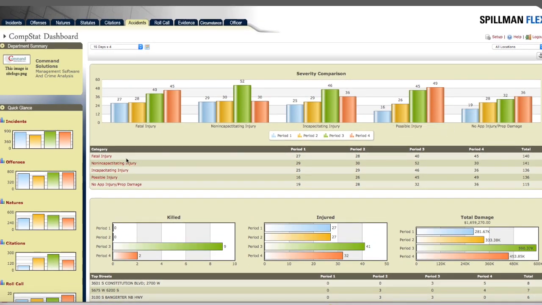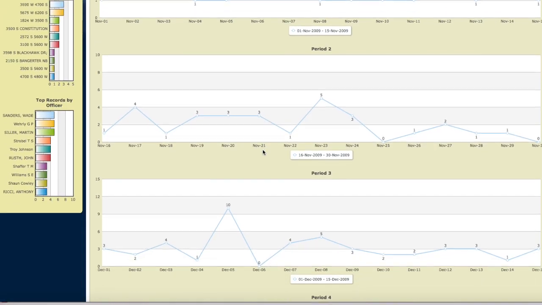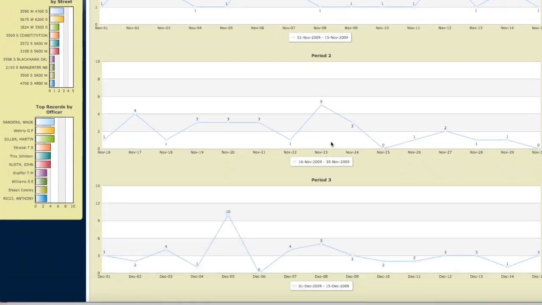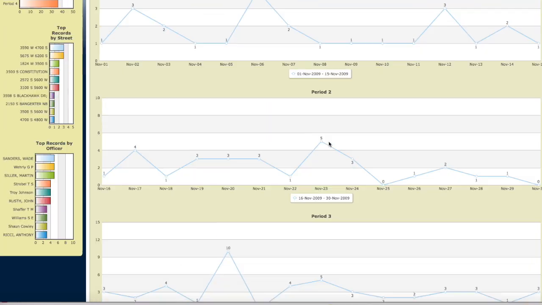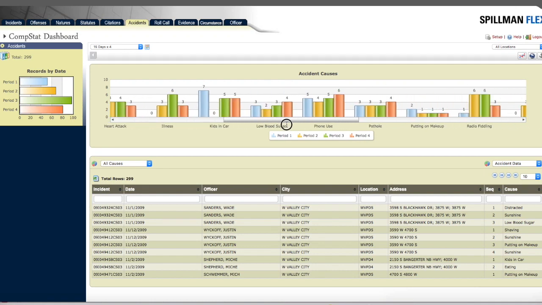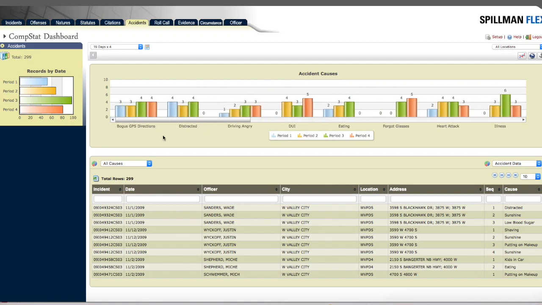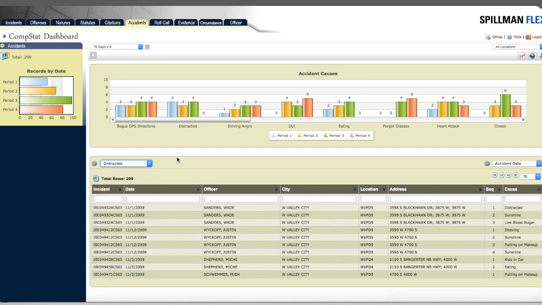When you go into an accident, let's go into injury accidents here. It'll give you a little more trending information, some more the raw data down at the bottom. But also, if you are tracking the causations, it'll give you a causation button. This is right off of the AC main or the accident module from Spillman. There's a place for causations, and you can then come in here and say, well, how many for what? So distracted driving, you can look at them